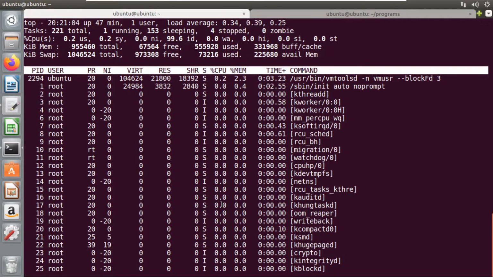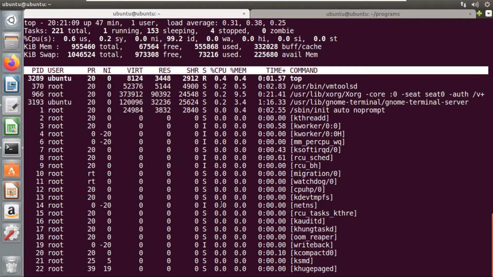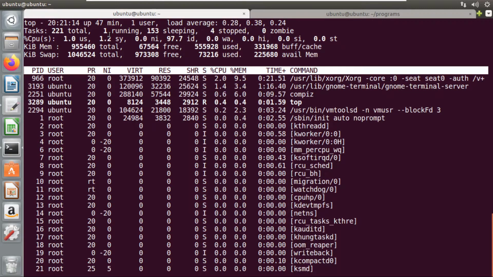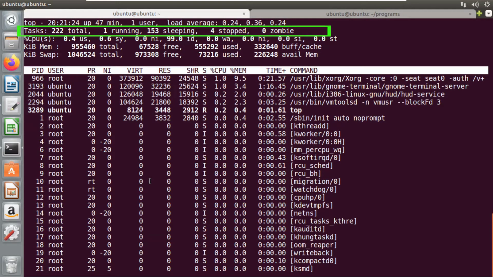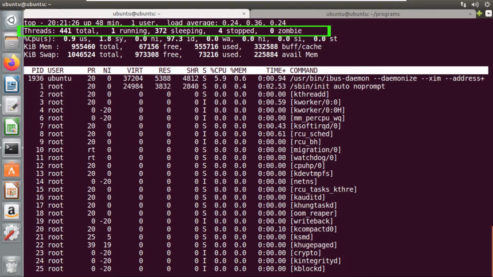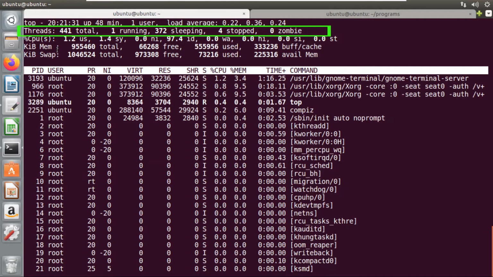Currently this top command is displaying the processes, that is, this task section is giving the list of processes. But what if I need to display the threads? For that also I have an option which is H. So if I press a capital H here, then this task section will be changed and we will get the list of threads. So if you observe, the task section has been changed and I am getting the threads here.